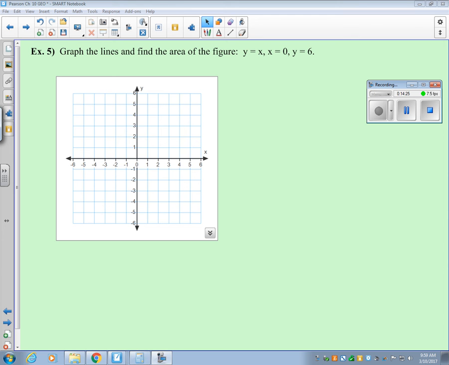And graph our lines. That's definitely an Algebra 1 skill. You guys got tested on that last semester. Okay, so we're going to graph the line y equals x. This is a line with slope of 1/1, and it starts at 0. So it goes up 1/1. I put a dot